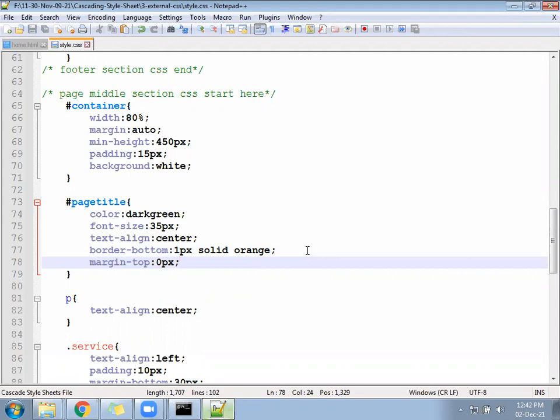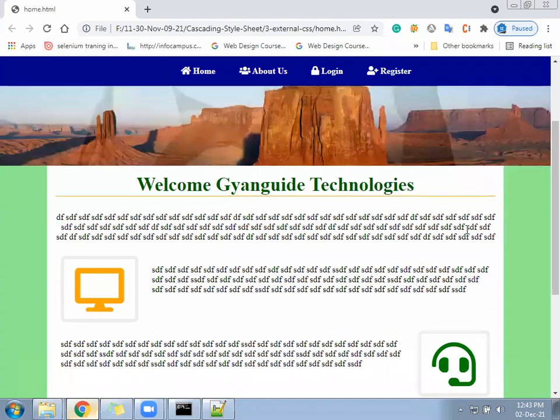That margin will be applied from the top side. Clear? Margin top reduced now. This is okay.